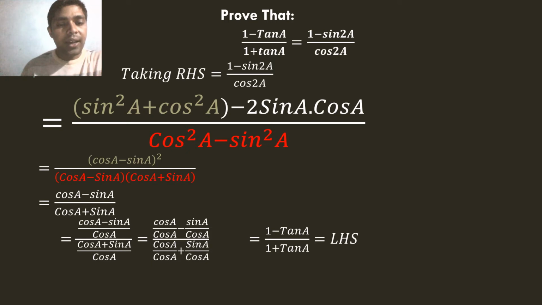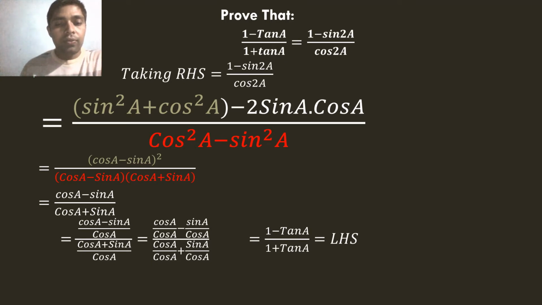So we will apply the formula as we are solving the short question. All of this is shown step by step: removing 1 by writing sin²A plus cos²A, then making a whole square in the second step. But when we go for a long question, we'll use it directly as 1 minus sin 2A, that is (cos A minus sin A) whole square. So in the next problems, when we get practice, we can directly use these formulas.